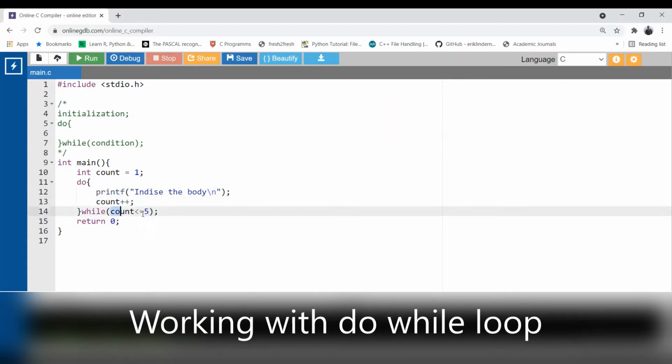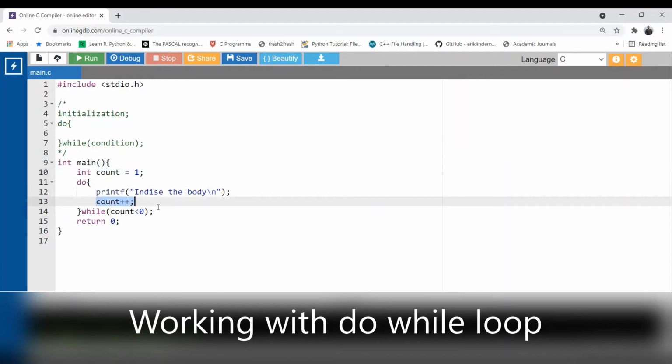This condition will be checked only after the body of the loop gets executed at least once. Let me show you. Now I put a condition which is wrong. Count should be, I am saying, less than 0. The condition is written, but count starts from 1 and the updation takes it from 1 to 2, so it goes in this direction: 1, 2, 3, 4, 5, 6.